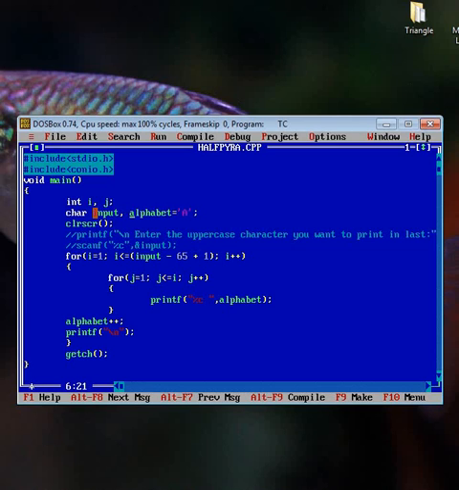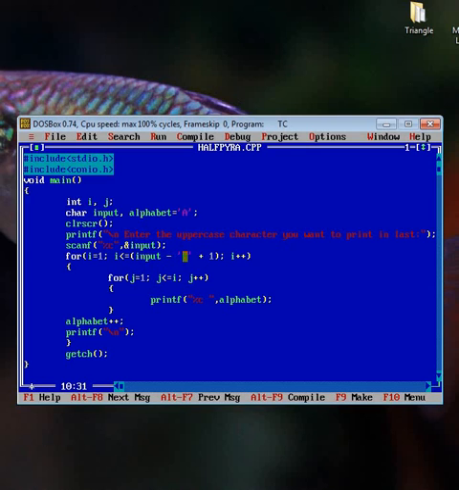This is the input which is collected from the user, and we have already initialized the value of alphabet to a. So actually in this section the value of input is e and this is a.